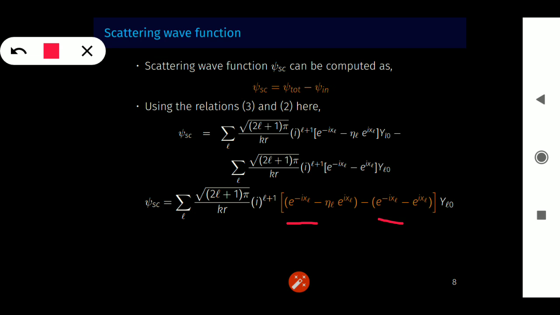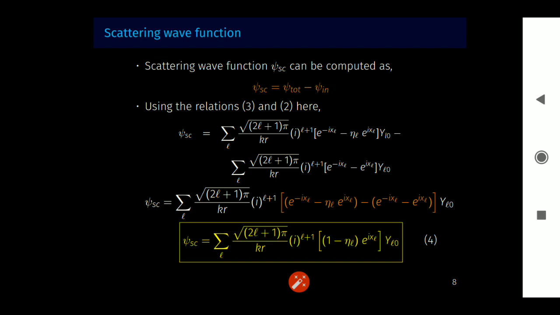Then we have minus, plus e^(ikr). If you take e^(ikr) common and simplify, you get the expression for the scattering wave function, which turns out to be a simple expression like this: the summation of root of (2L+1)π divided by kr, times i^(L+1), times (1 − η_L) e^(ikr),